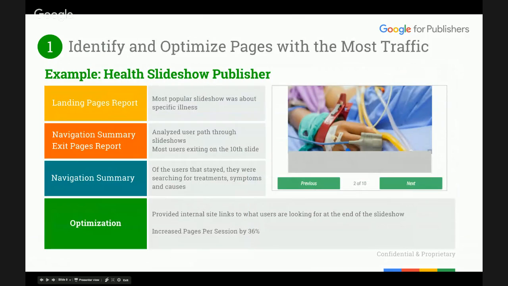So just to give you a quick example, one of my publishers writes health-related articles, and the majority of his articles are in the form of slideshows. He was relatively well optimized from an ads perspective, so we were able to take a deep dive into analytics. And when we looked at the landing pages report, we determined that his most popular slideshow article was about one